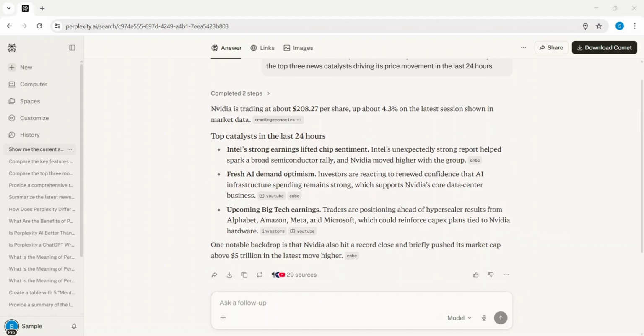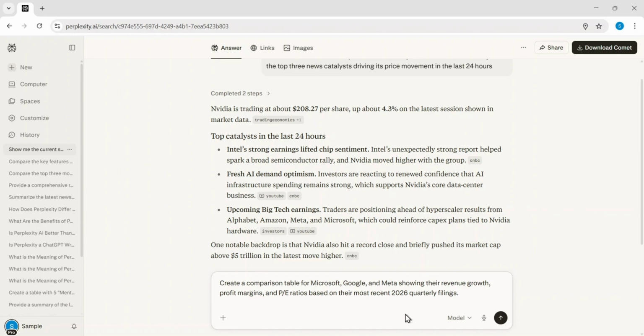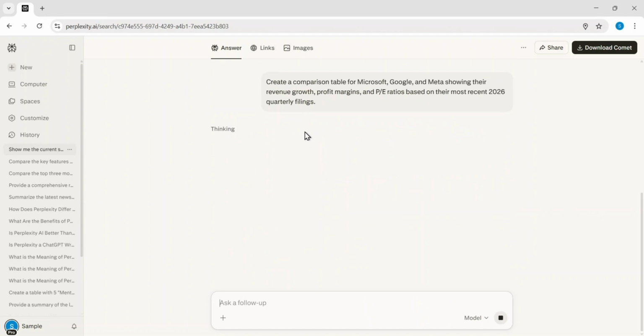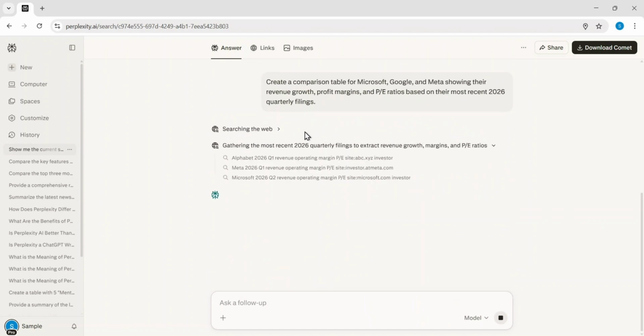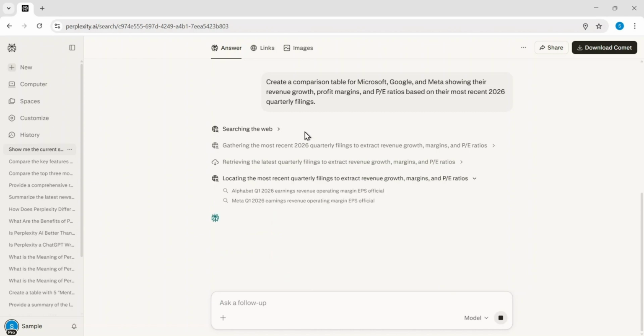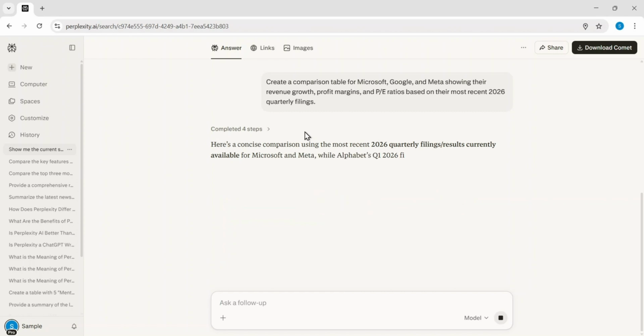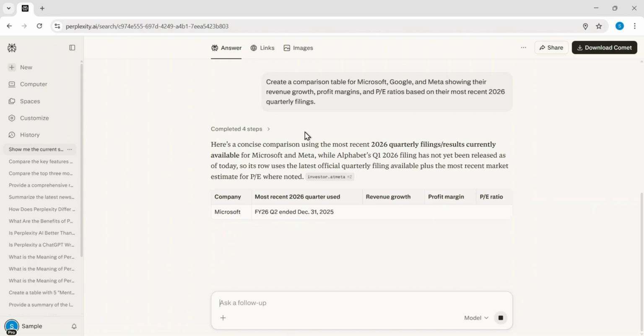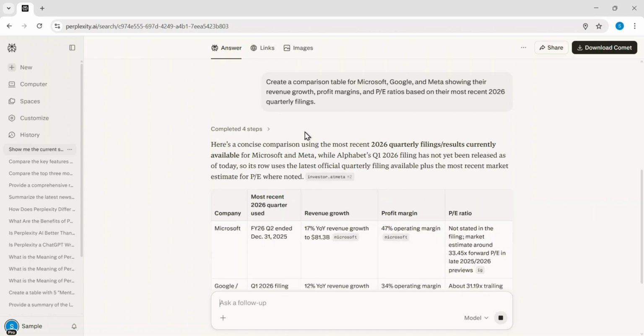Now, I'll take it a step further by asking for a comparison table featuring Microsoft, Google, and Meta. I want to see their revenue growth, profit margins, and P/E ratios based on the most recent quarterly filings from 2026. Perplexity quickly gathers the data and presents a structured table that makes it easy to compare these tech giants